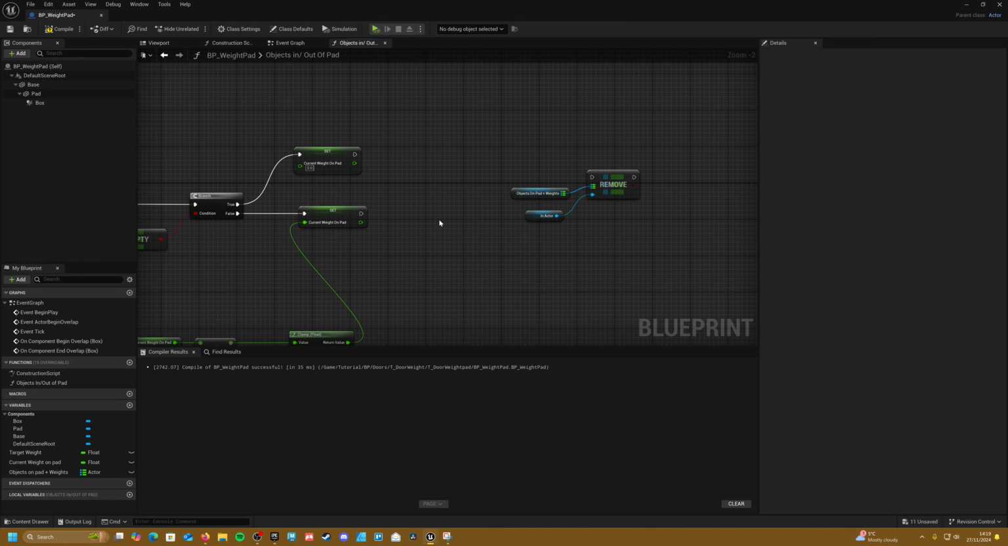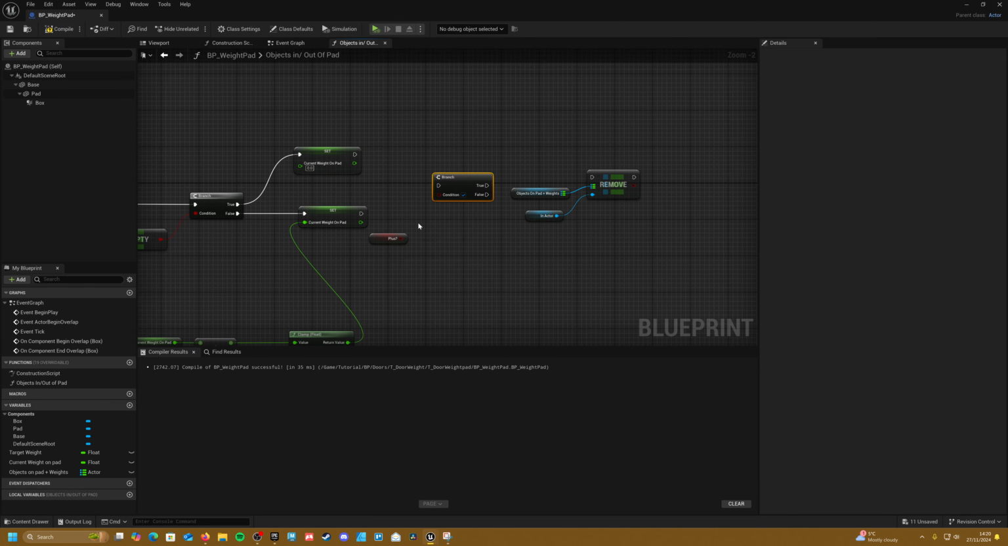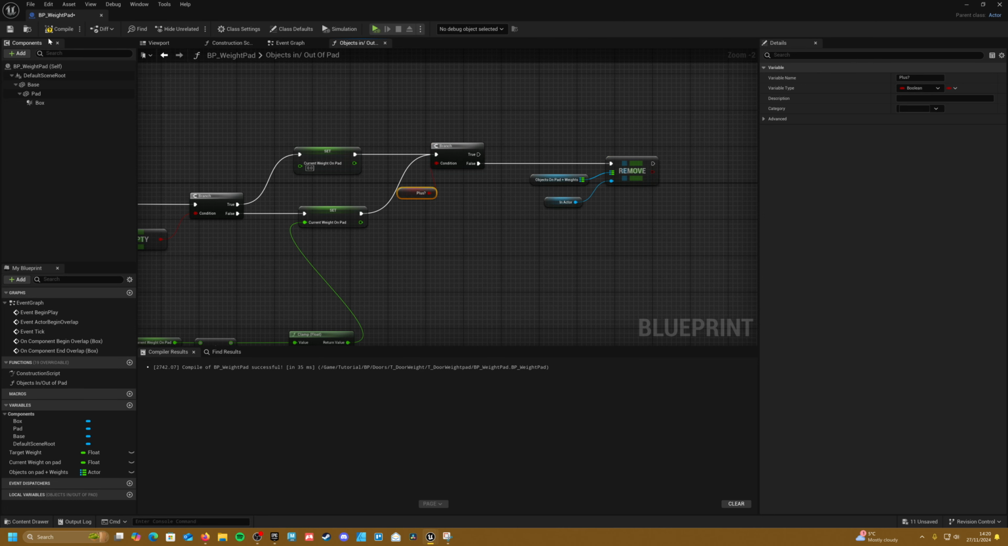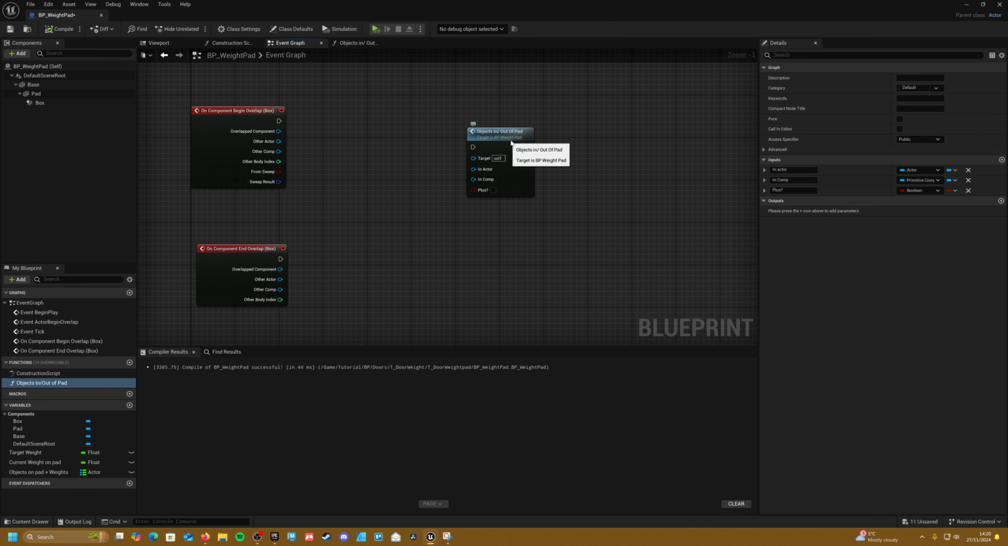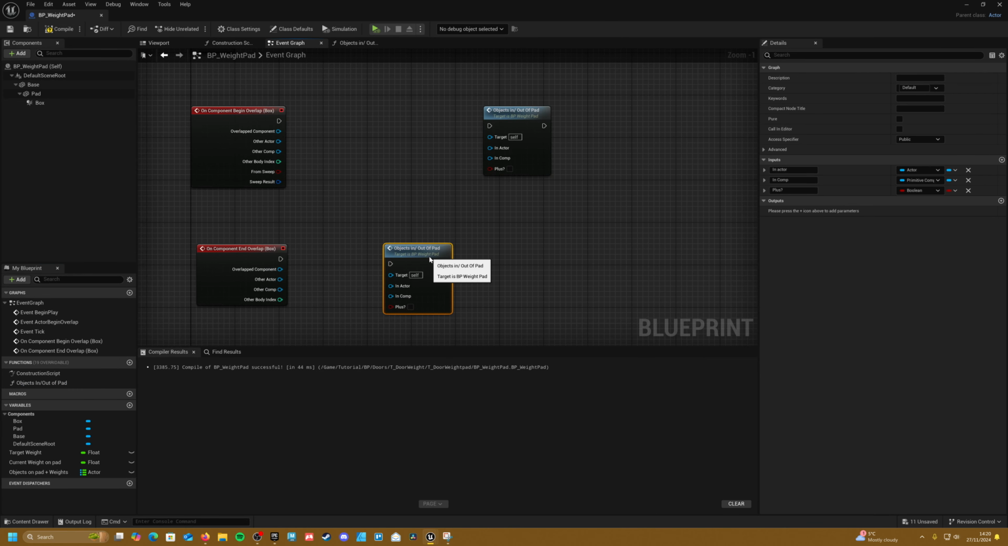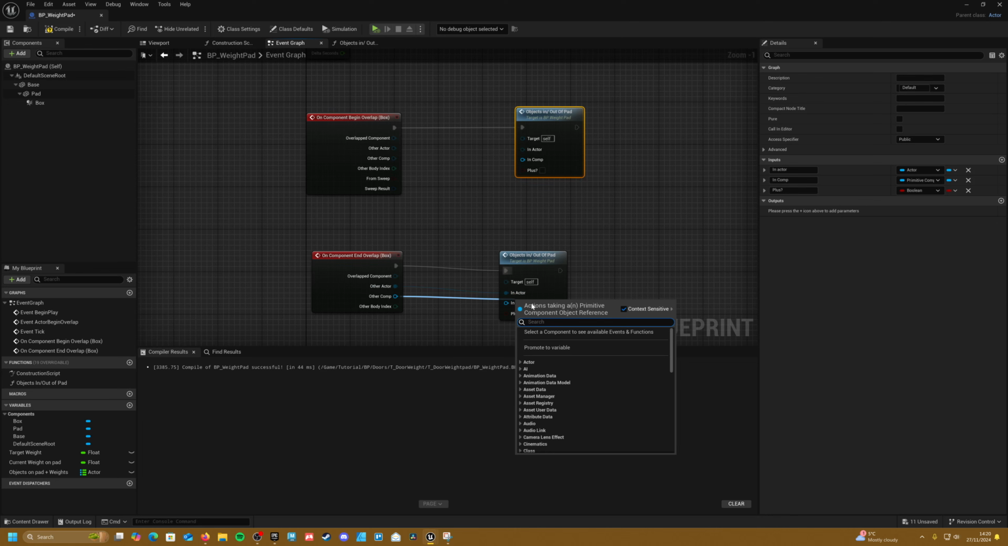However, we only want this when the plus is set to negative. So if we get our plus, a branch, chuck this guy into the false. Cool. So now if we go back into our event graph, we can chuck one of these guys out here and duplicate this guy down here. And if we connect these guys up like this,